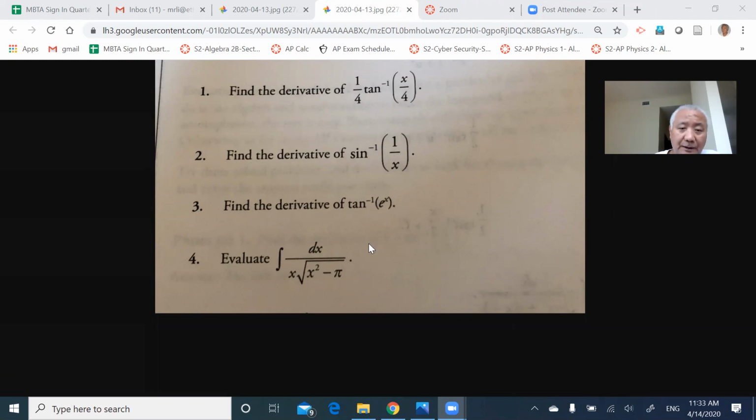We knew the derivative of the inverse secant function of x equals 1 over absolute value of x times the square root of x squared minus 1. Okay, that's the basic thing. So from there we can see